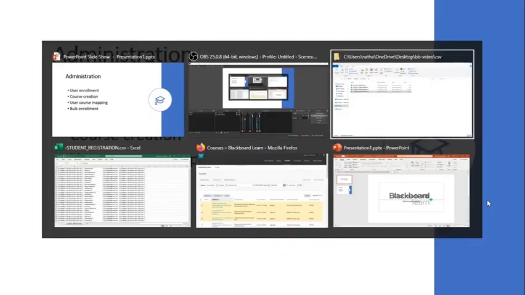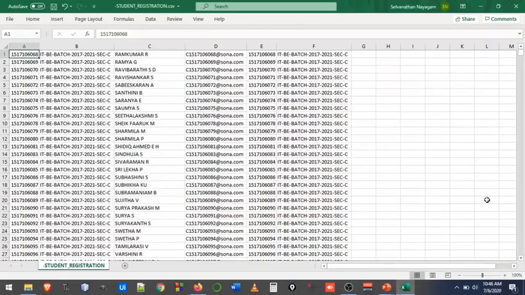For that, open Excel and we need to give the following details. The first part is the username of the particular user, and then the next one is the department name, and the full name will be the third column, and the fourth column is email, which is optional, you can leave it blank, and then the next column will be the password, which is mandatory, and the next field will be section, which is optional, so you can also leave it blank.